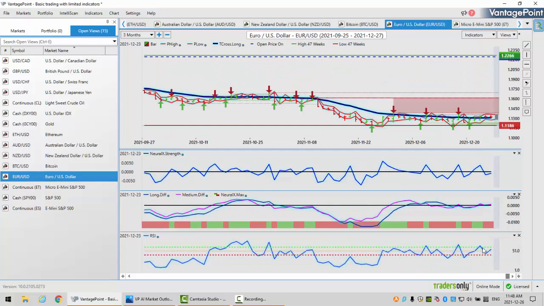We tried to push down below this, but even if you take your predicted RSI, and I certainly would recommend doing this, you can actually draw a trend line inside your RSI. So if this is a true move to the downside, I would look for the predicted RSI to break down below that particular level of 32.8. But as you can see, that's not what happened, and we started to move back up. We have a reverse check mark on the neural strength and a reverse check mark on the predicted RSI. So I would look for the euro to potentially make some gains next week, but not a lot.